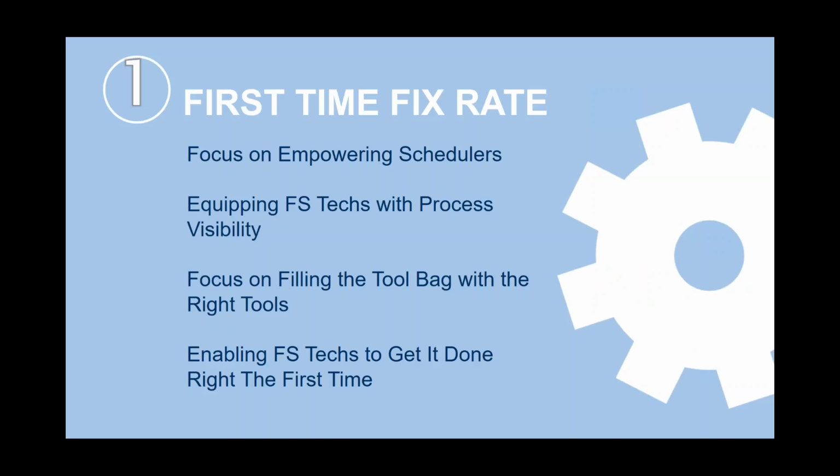And the first one is first-time fix rate. And you've all been here where you've tried to get a problem solved and it takes Time Warner Cable or AT&T 3 trips and 6 phone calls to get it right. This has a big impact on customer satisfaction. And 3 ways that Dynamics 365 helps you track and improve first-time order resolution is by, first and foremost, providing schedulers with access to the service tech skill sets that they might need so that they can schedule the right